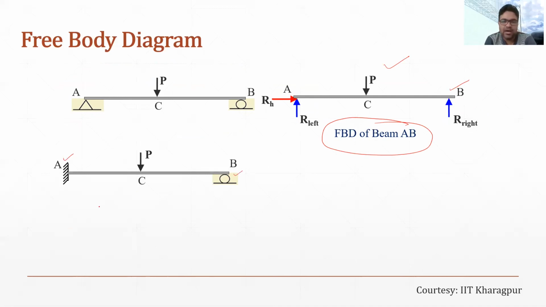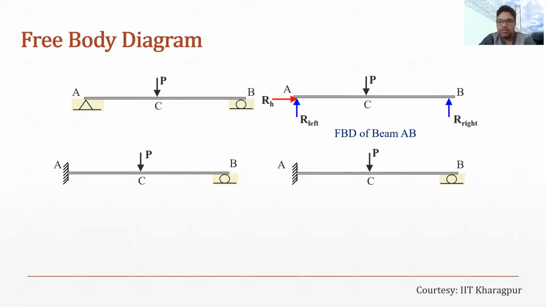So in that case, how do we draw the free body diagram? We know that this fixed support is offering three reactions, and roller support offers one reaction only. So we have to show those unknown forces in terms of the reaction. Now if we remove the roller, then we can replace that with the vertical reaction.